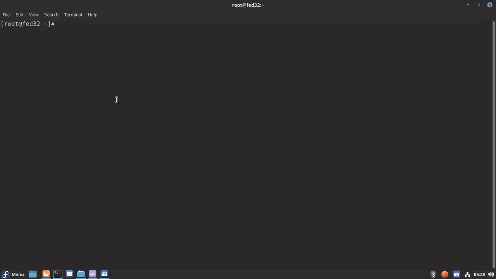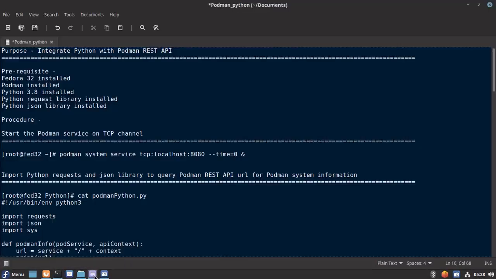Let me go through the first thing that we will try to do from within the Python application. We will try to fetch the Podman information from the Python application.